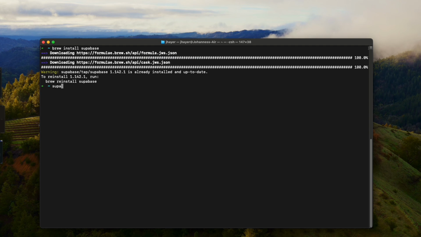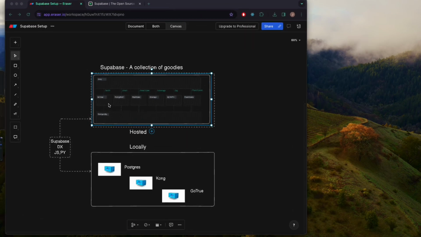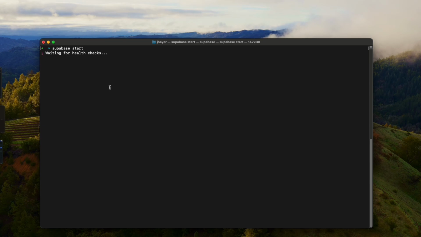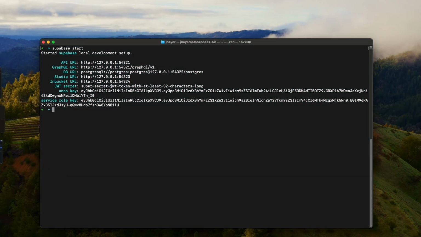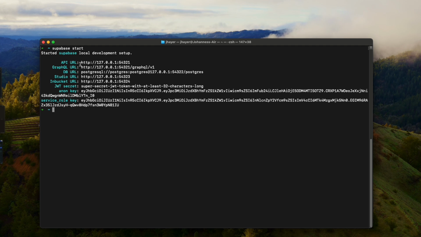Nice. And then we can make use of supabase init. No thanks, because I don't like Deno. Nice. And if we now type in ls, you will see that a Supabase folder was created for us. And now we type in supabase start. And what this does is basically to fetch all the containers that we have seen in this picture here. So Kong, Postgres, and each of these services, and then do its magic. This was quite fast because I've already done this before. I assume that the containers were cached, and at the end you will see something like this with the URLs